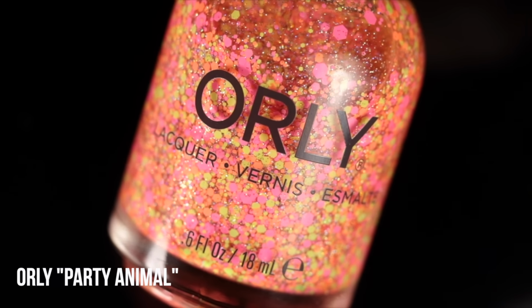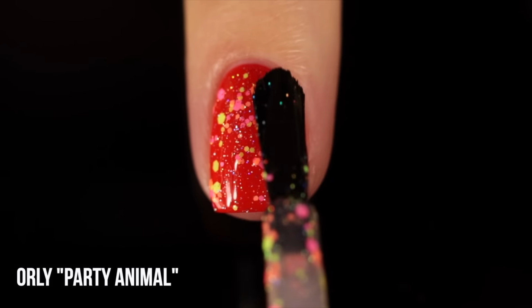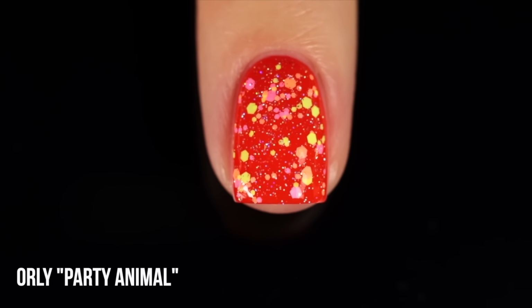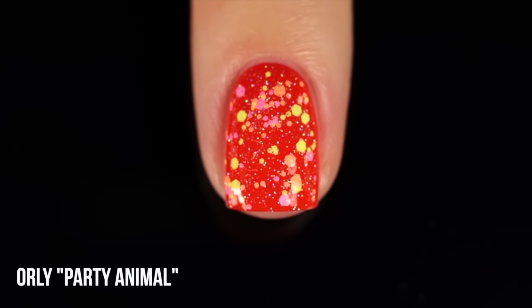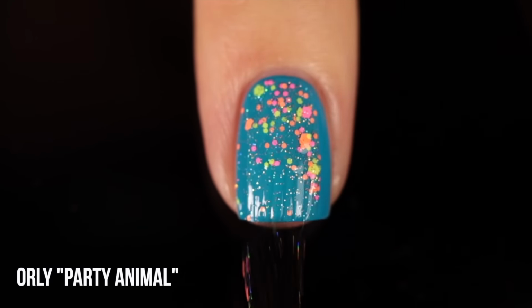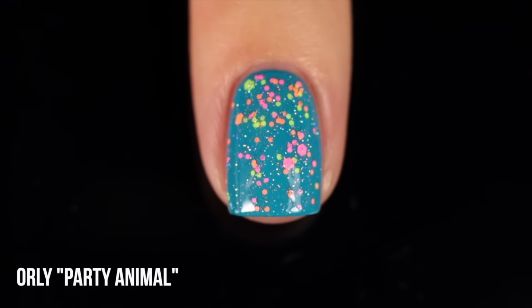And last but not least, we have Orly Party Animal. If you didn't know this, Orly comes out with honestly some of my favorite toppers out of any brand because they always just come up with these fun combos, and this one is just the ideal summer combination to me. We've got pink, orange, and yellow hex glitters in a few different sizes, and then we also have a holo sparkle running throughout,